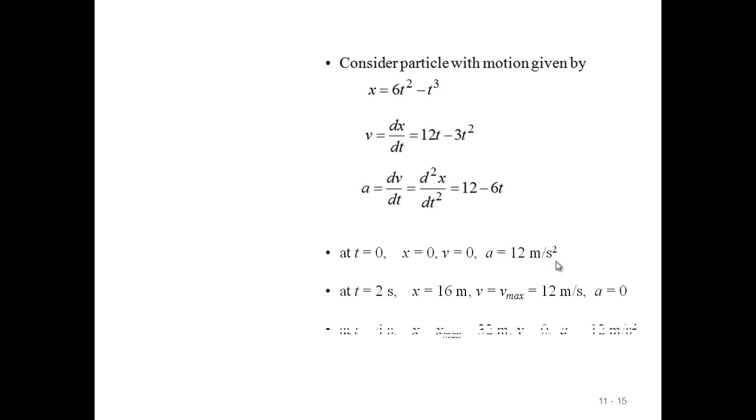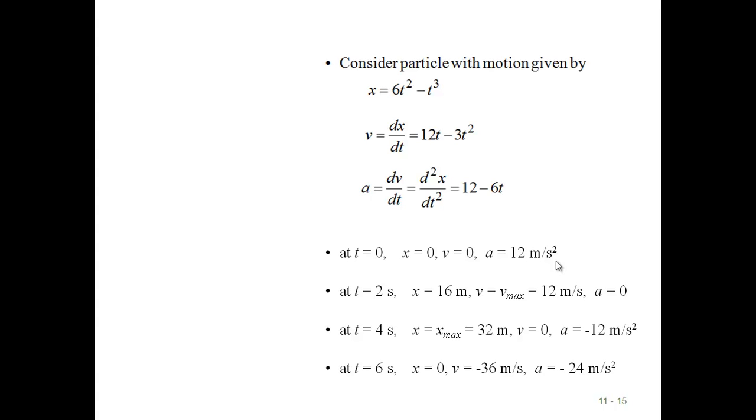to 0. Similarly, at t is equal to 4 seconds, you will get x is equal to x max, that is 32 meter, and then v is equal to 0, and a you will get minus 12 meter per second square. So if acceleration is negative, we will call it a deceleration. And the last one is taking a value of t is equal to 6 seconds, where x is equal to 0, v is equal to minus 36 meter per second, and a is equal to minus 24 meter per second